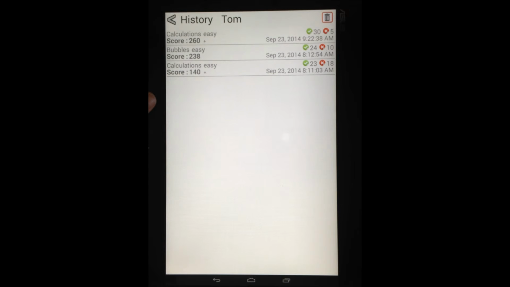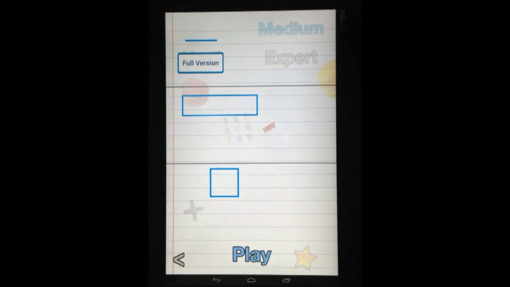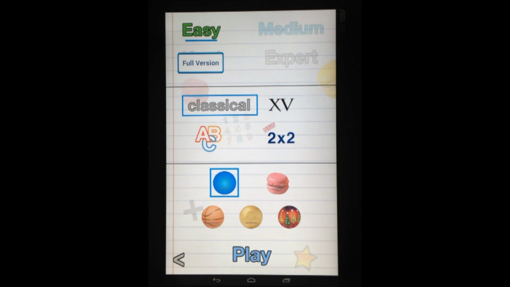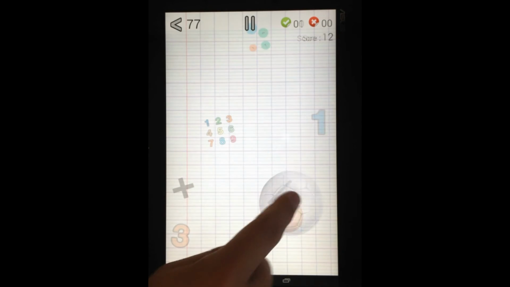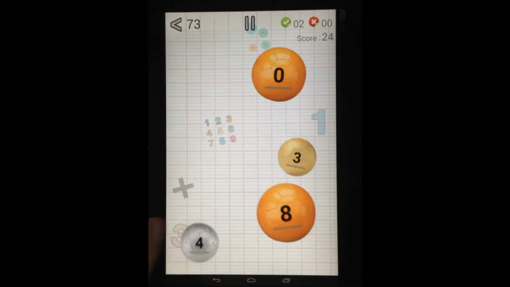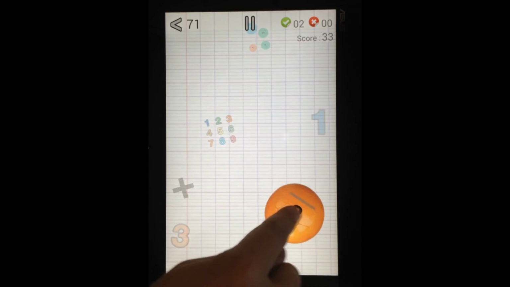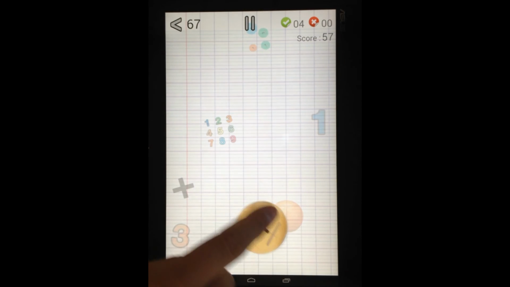Now, the bubbles part of the app is a pretty neat game. You'll notice that you get a few options right when you open up the bubbles portion. These just kind of change the way that it's laid out. So it really doesn't affect how the actual app functions. But what you're going to do is just tap the bubbles in order of smallest to